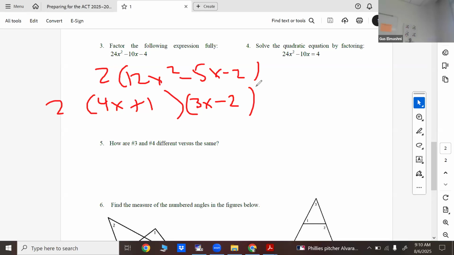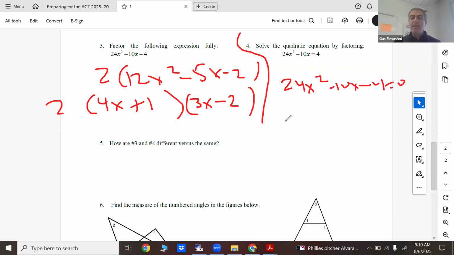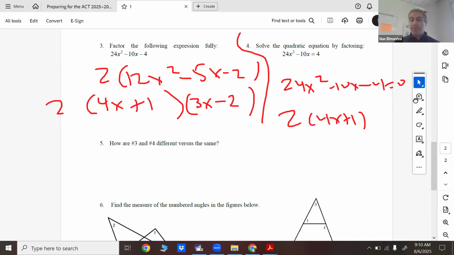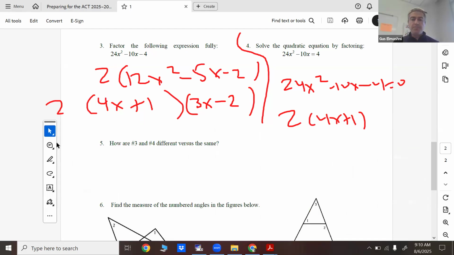Now you're supposed to solve by factoring. So it's the same thing as number 3, essentially, right? It's the same stuff that's going on here. But what you do is you bring everything to one side, and you still go through the same motions of factoring. So you wind up getting the same thing, but now it equals 0. So you guys see the difference between 3 and 4? 3 is asking to factor. 4 is asking to solve. So 4 is asking to take an extra step. That's all. So anyhow,